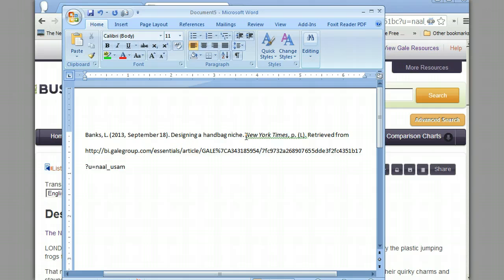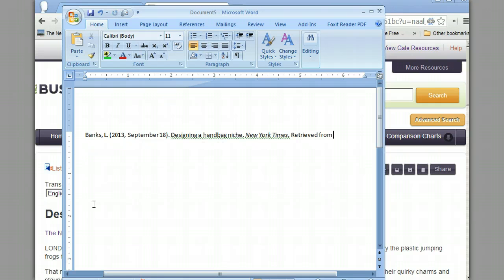New York Times is fine. It's italicized, but we do not need this page information. We just need a period behind the title of New York Times. Retrieved from is fine, but I told you before that we no longer put things in such as retrieved from Gale. In the retrieved from, you put the website of the publisher of the article, and guess who that publisher is? NYTimes.com. No period, but this does need to have a hanging indent,